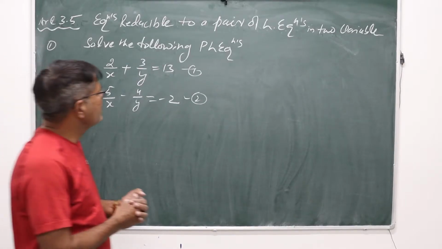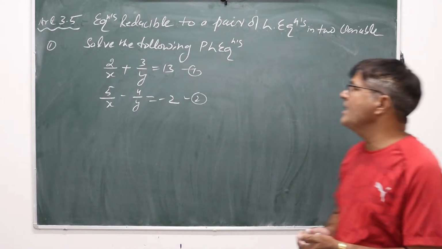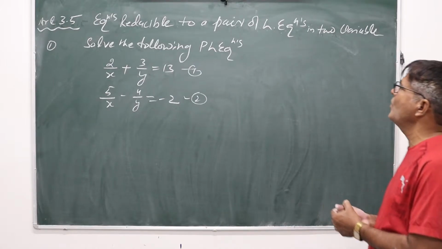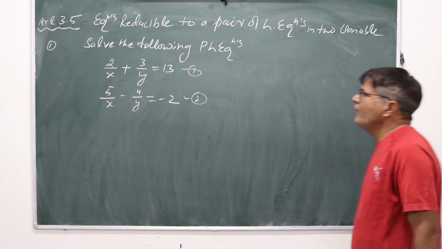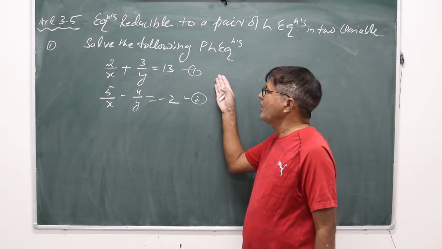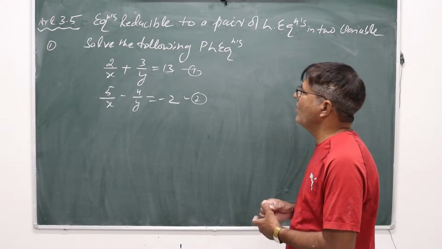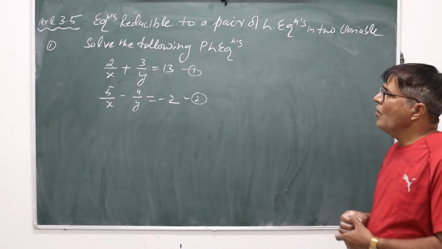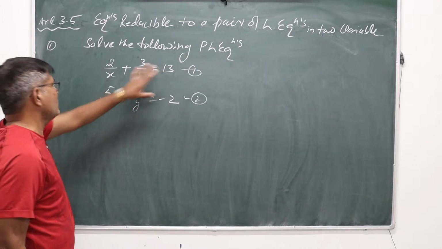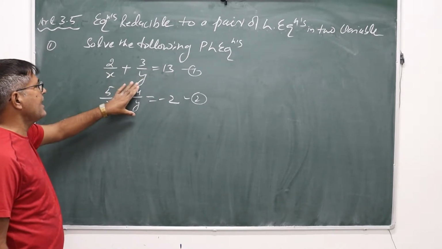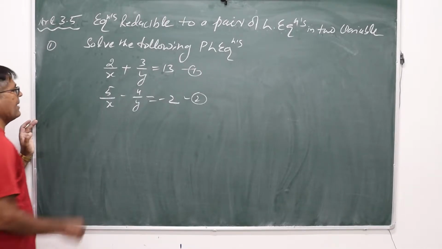Good morning, students. Class 10, second chapter, pair of linear equations, and the next topic is equations reducible to a pair of linear equations in two variables. Now we have a system of equations that is not in the standard form of a pair of linear equations. So if the system is given as 2 by x plus 3 by y is equal to 30, 5 upon x minus 4 upon y is equal to minus 2, then this system can be